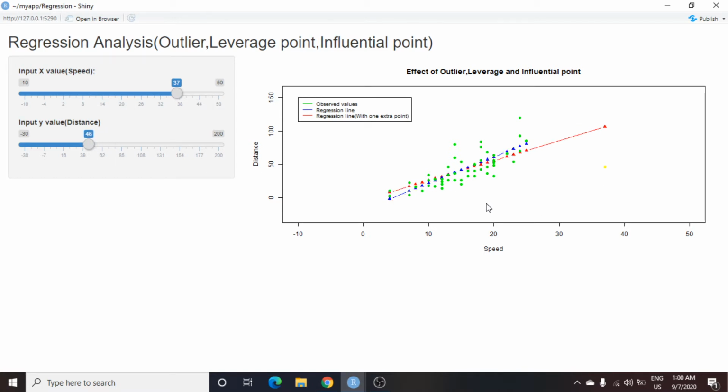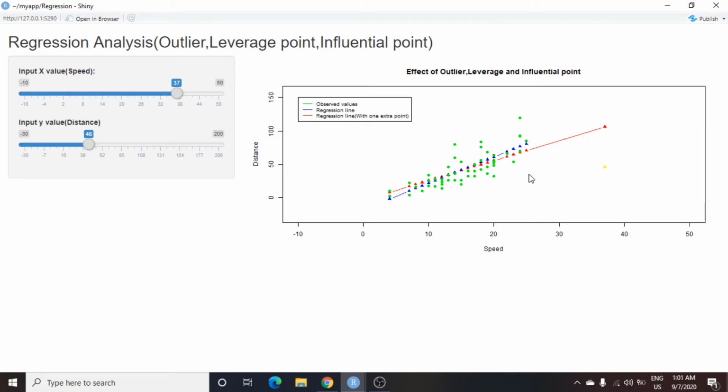So basically we can see now the red line, as I told you, represents the regression line including this particular y value, and the blue one is based only on the original observations. And so you can see the red line and blue line are very much different.